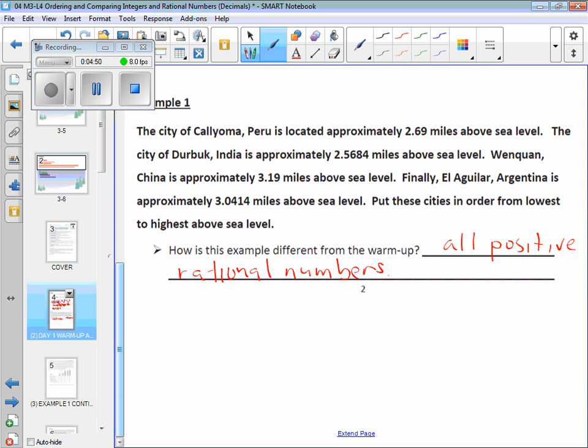Shane and I were talking about this during the LA. If you try to do this all at once without going through the system and steps, the way I'm going to show you, you can run into some trouble when you have to rank these from least to greatest. Especially when I start giving you long lists of rational numbers that you've got to put in order from least to greatest, because they kind of all look the same sometimes. So what we do is we're going to place this into what's called a place value chart. And if you flip on to the next page,